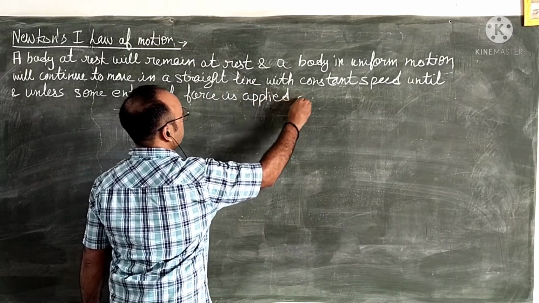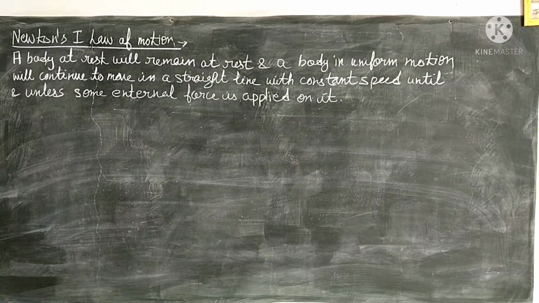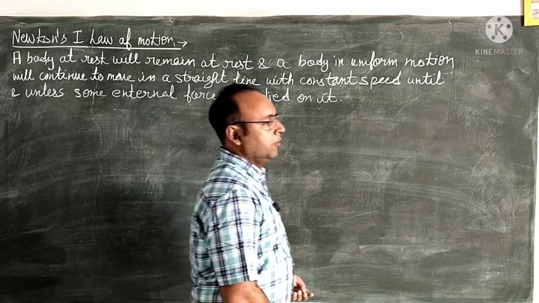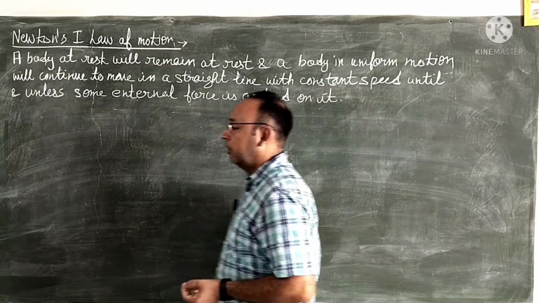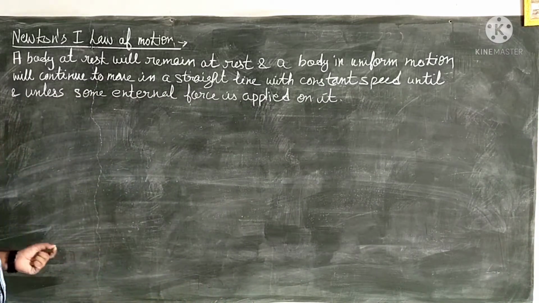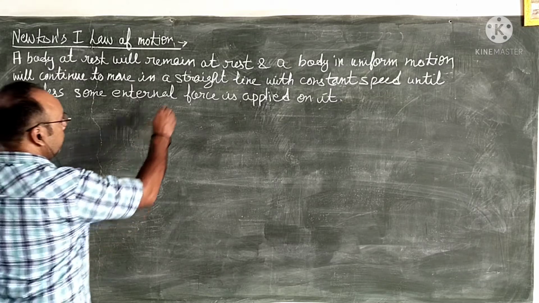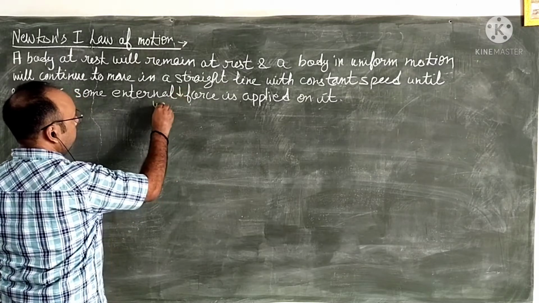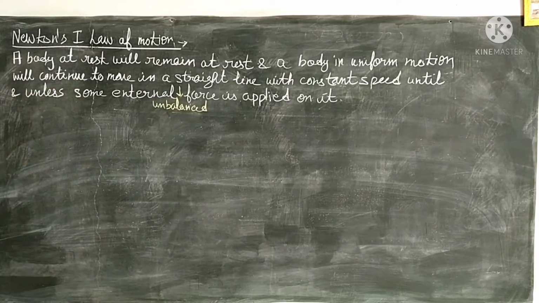That was Newton's first law of motion. Very simple. I explained it with a simple example of a 4 or 5 year old child doing the activity. Newton's first law of motion is very, very important. That means without the unbalanced force. Here you must write unbalanced, because unbalanced force only changes the state of motion. So this is the first law of motion.